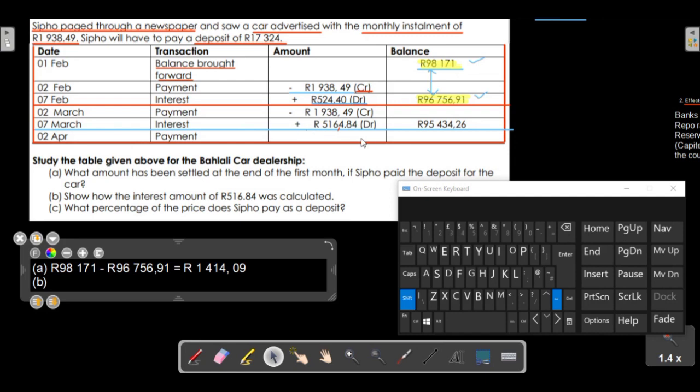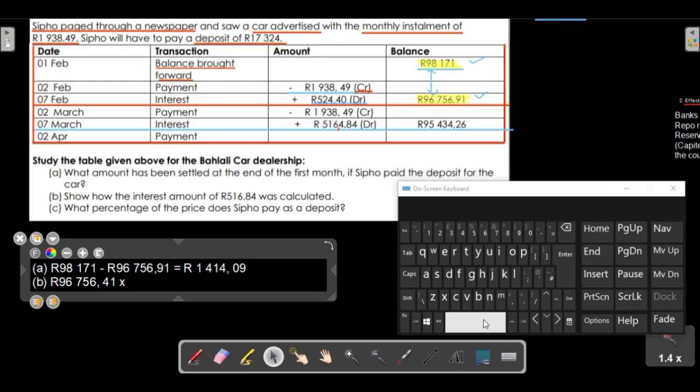The interest that was calculated here is March. So that means we are going to use the opening balance of March, or the closing balance of Feb. So which is going to be 96,756.41